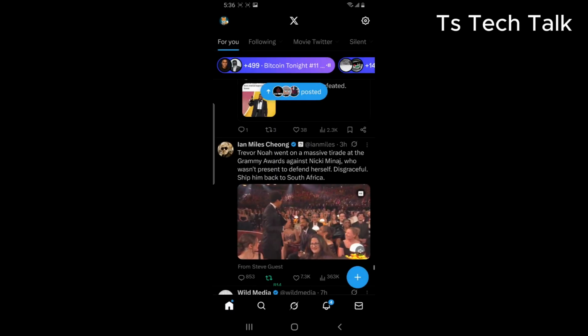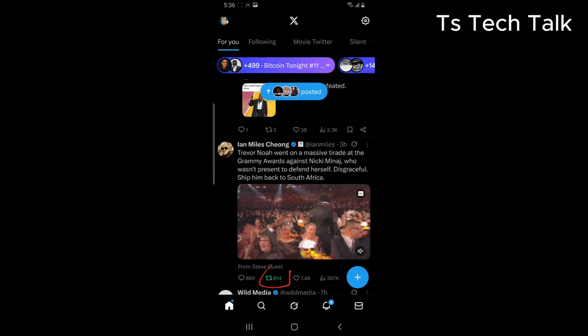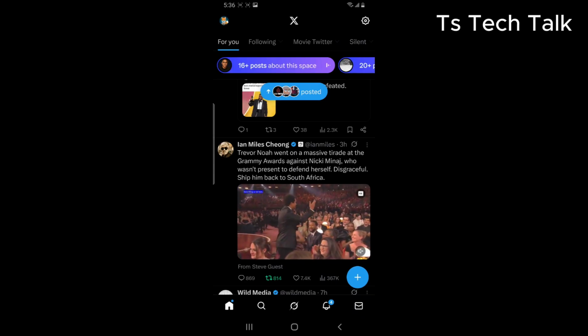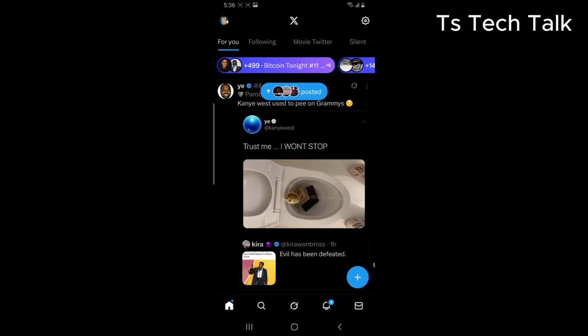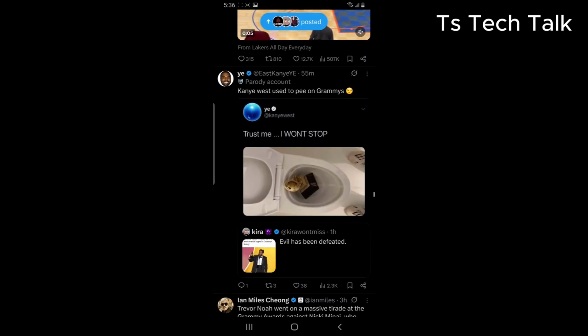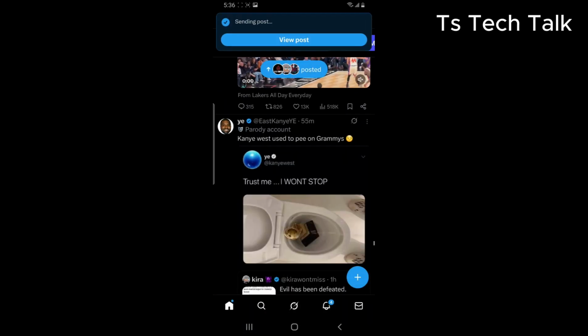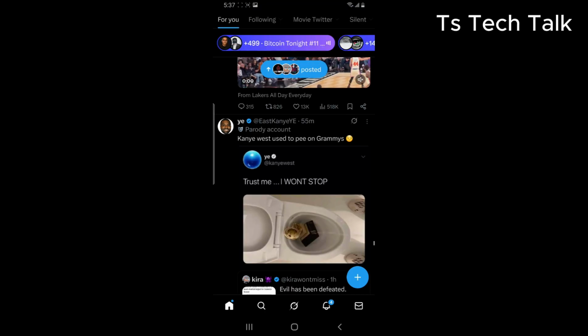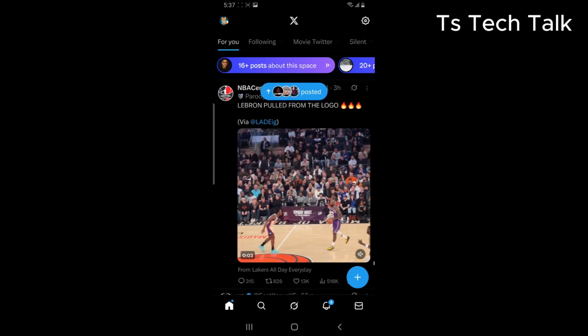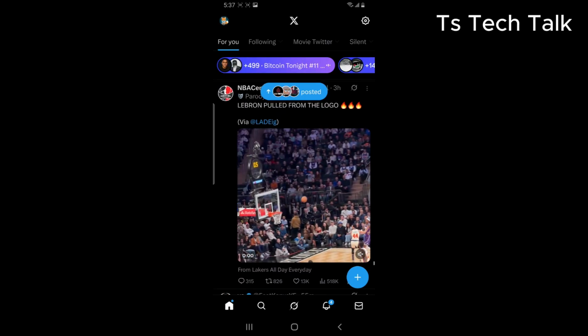Now, if I click on repost, you can see it has already reposted. And if I go to my profile, I am going to see it. And then let me go back up. If I click on this area, right? And then quote, then I can add some of my commentary. And then repost. That is the difference between quote and repost. These are two different things. So now if I go to my profile area, I am going to see what I have actually posted or